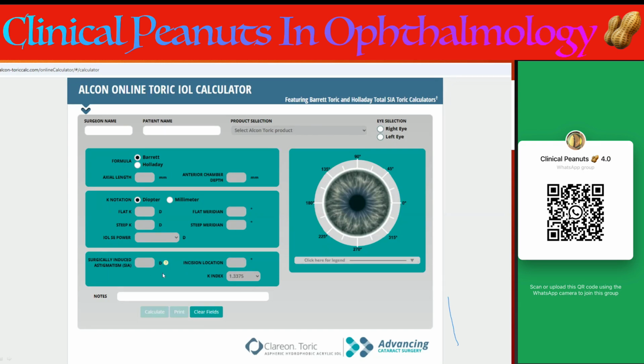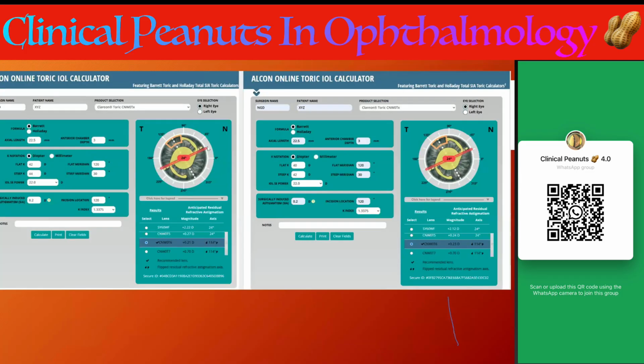We will talk later about what SIA is and how we calculate it. With all this, you will get a calculation sheet that tells you the residual. You are intending to correct all the astigmatism,